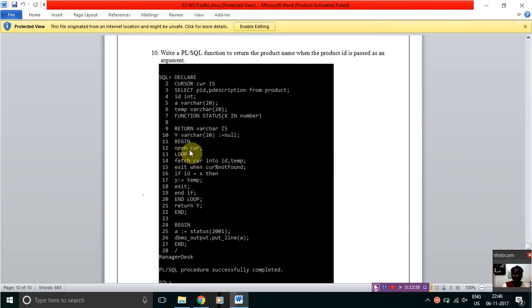This is a function where we are using the function status, there we are using the procedure status and here we are using the function status when the product ID is passed as an argument. So when the product ID is given as an argument, the function is used and we are ending the loop and printing the values. So likewise,